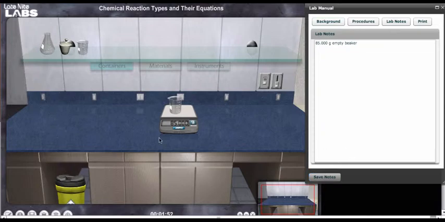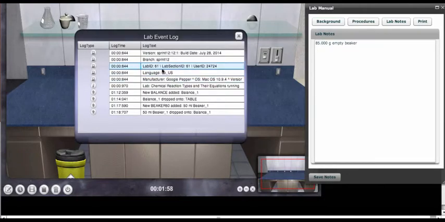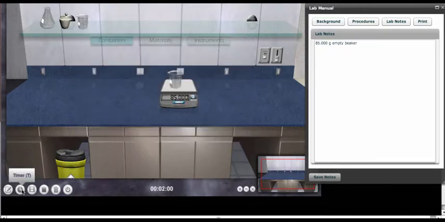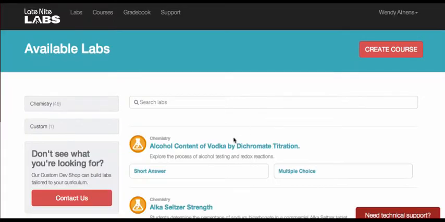The rest of it comes by looking here at the bottom. You have the log of all your activities, the timer, media player, the manual, which you see already, you could clear the table, or you can exit the lab. When you're finished, you exit the lab, and then you'll come in and do the actual assignment. Okay, so you would click the assignment here, and that's the other 10 points of your lab.